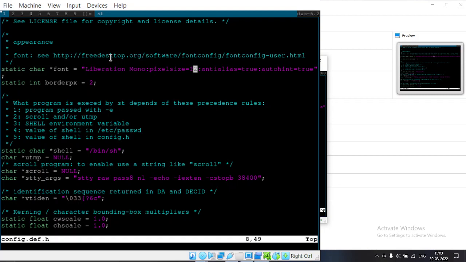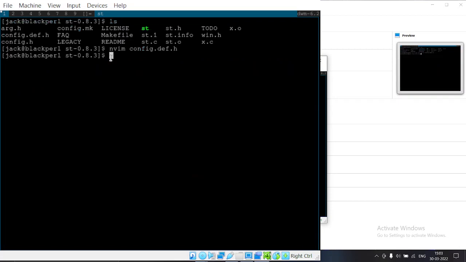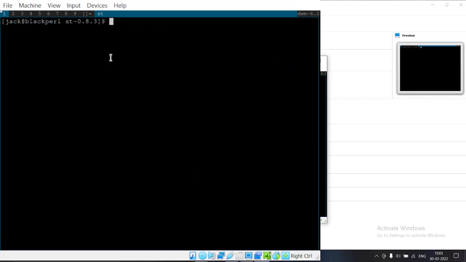There's this font setting. Here it is 12. I had experimented a little bit before and I know that 17 should be good enough. So I'll write that and quit. I didn't tell you how to close the terminal or any application. If you open any application and have to close it, you can do Alt Shift C and it will get closed. Now let me open the terminal again with Alt Shift Enter.